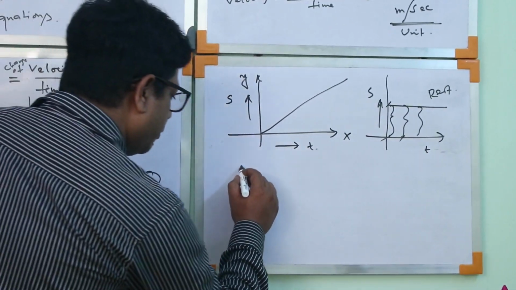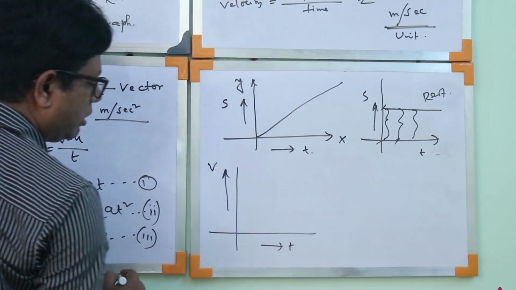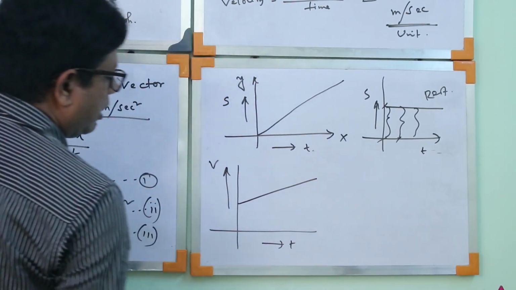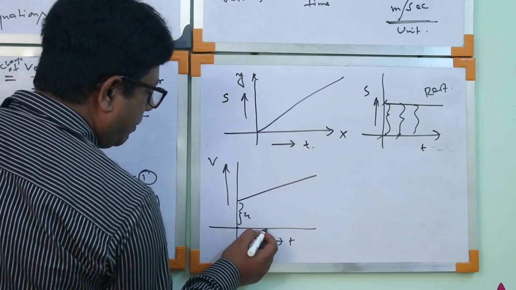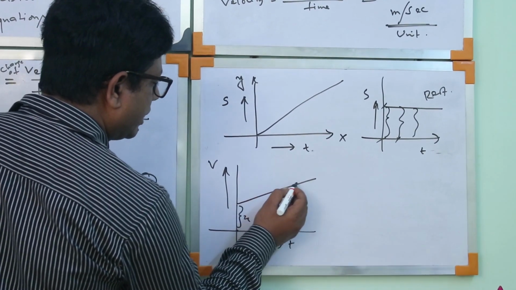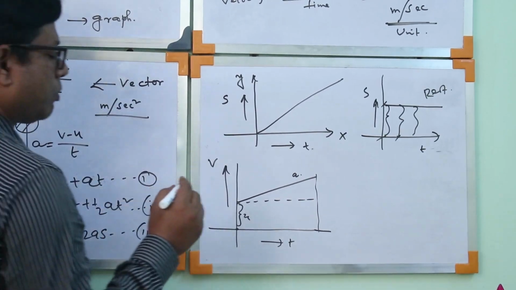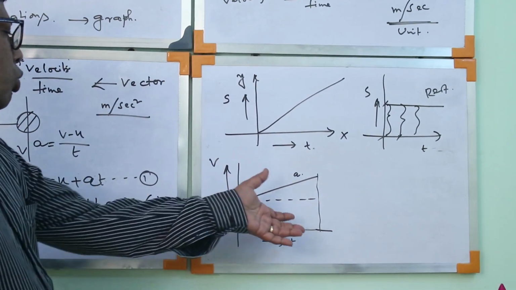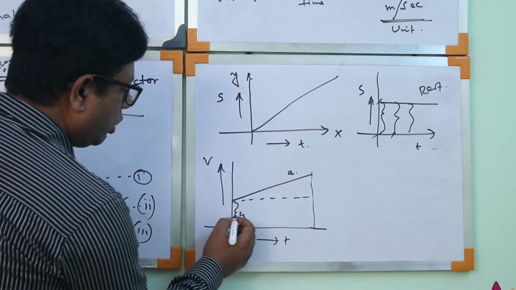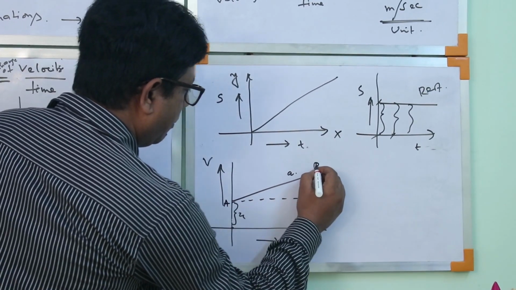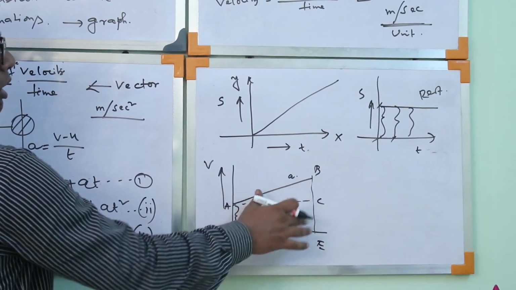If you plot a velocity curve, this is the time axis and this is, suppose, the velocity axis. This curve indicates that at time t equal to 0, its initial velocity is u, time increases and its velocity increases, that means it has some acceleration. So suppose you want to consider total displacement. The total displacement is the total area. So this is u and this is t, A, B, C, D, E. So the area of ABCDE will be the total displacement.